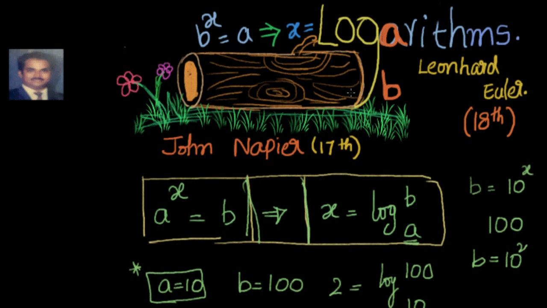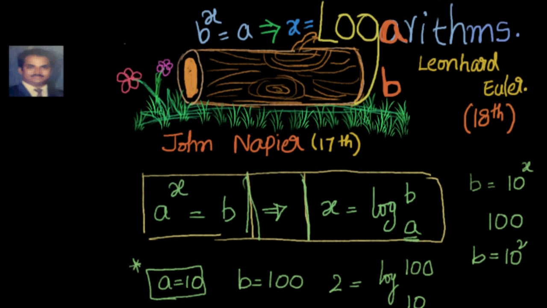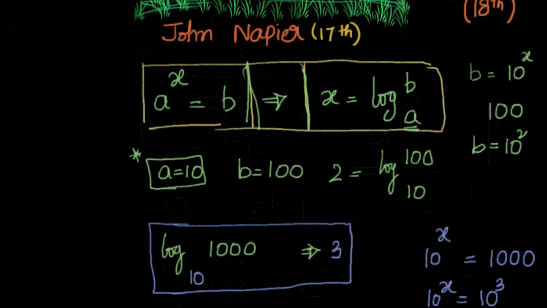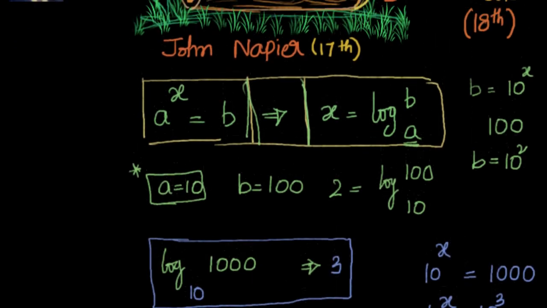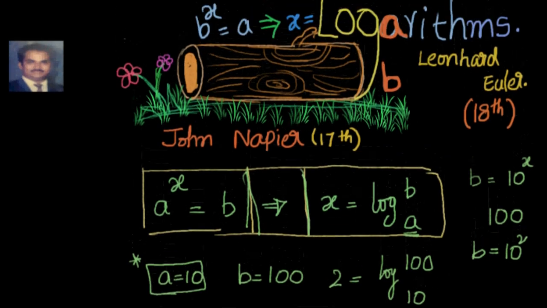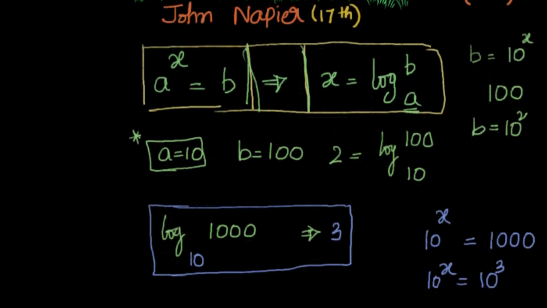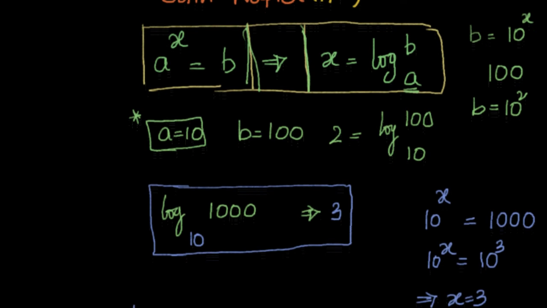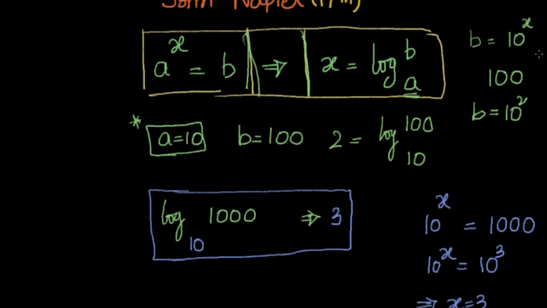Logarithms were devised in the 17th century by John Napier, and the current day logarithms that we are using, where they are related to exponentials, are due to the contribution of Euler. Okay, right. How is logarithm defined? Logarithm is based on the concept that any number can be written as 10 to the power of an exponent, where the exponent can be an integer or it can be a fraction.